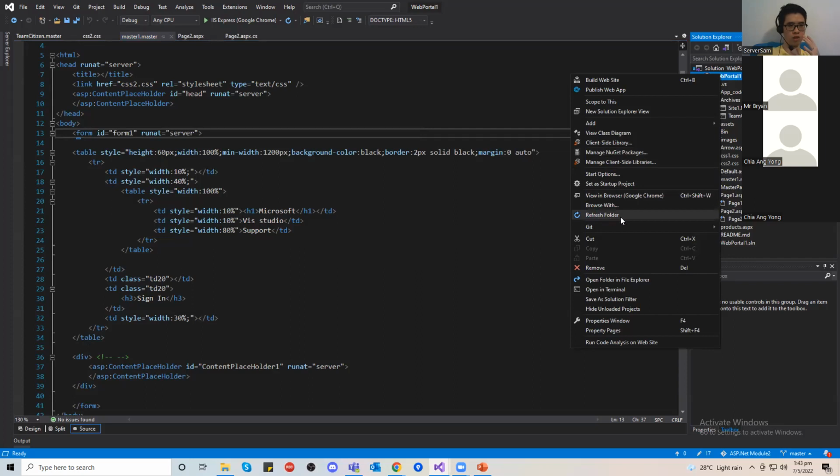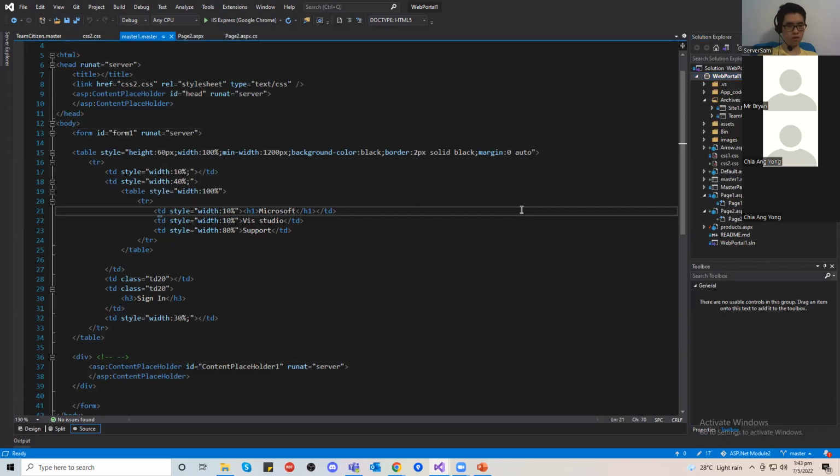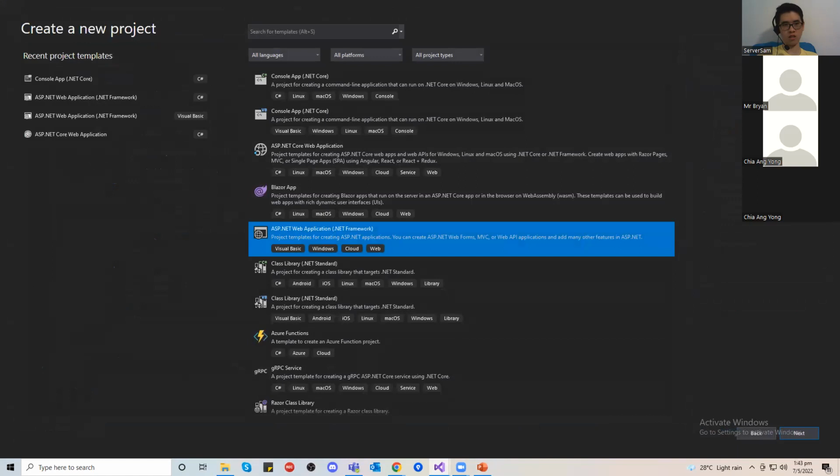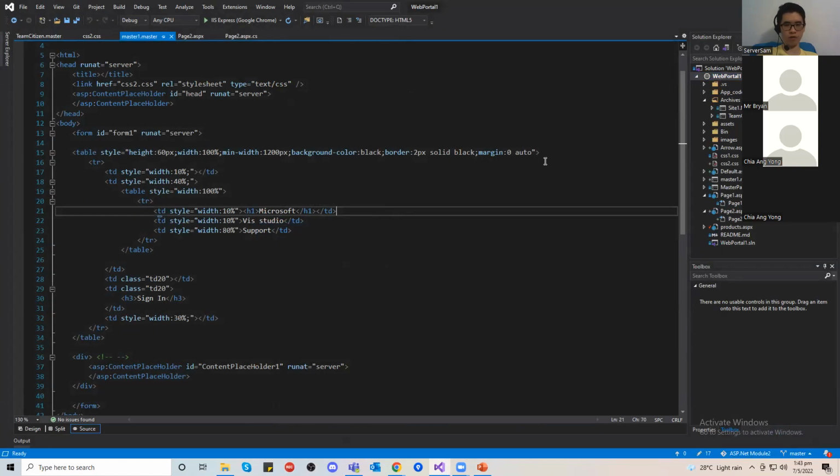You won't see the refresh folder if I'm not wrong. So this is a few settings, but don't worry, this one I will set for you. For now, just follow the lessons, then learn. Later on, when you have questions, I'll ask you if you have questions. Okay, so today,